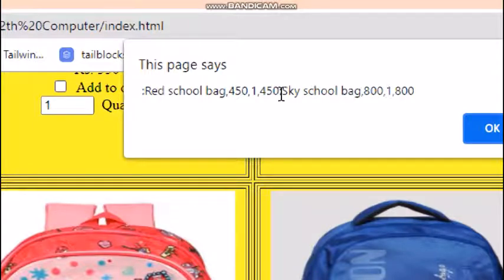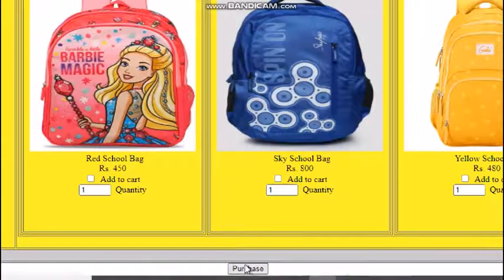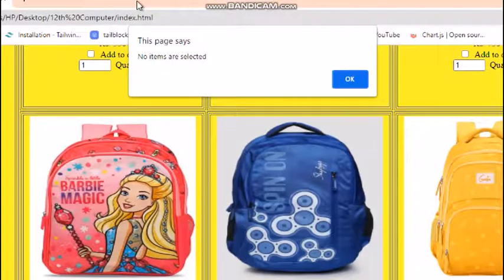Whereas individual products, this red school bag and sky school bag, are separated with a delimiter, colon. This is colon. But if the user has not selected any of the items, then a message is displayed that no items are selected and the execution is terminated.